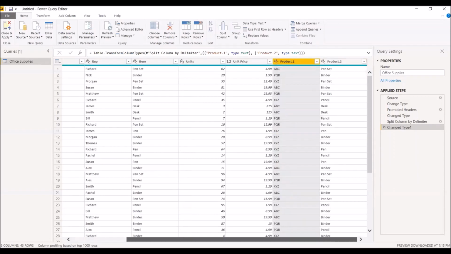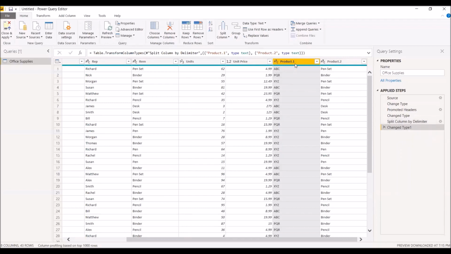Now if we scroll to the right, it has split into 2 columns, product 1 and product 2. Product 1 has the name of the manufacturer, and product 2 has the name of the item. And this new step has been added in the applied steps, which is split column by delimiter.